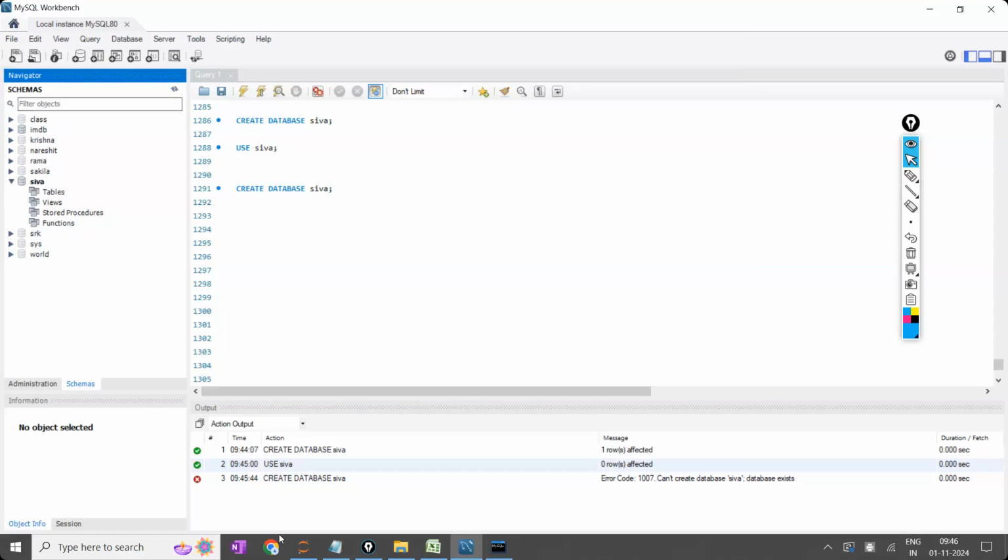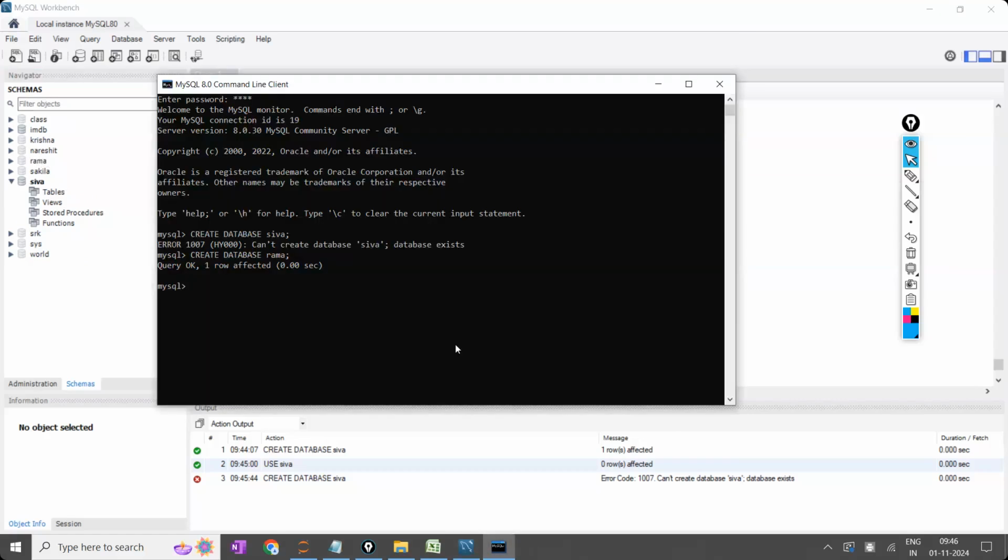If you write in the command line client also, if you write here also, then what is the advantage, sir? For example, create. While writing create, the spelling was wrong. You forgot the E. Database. Okay, Krishna, K-R-I, Chris. See, it is throwing one error. Now I want to edit. Can I go back to here and click on the backspace and fix the mistake?